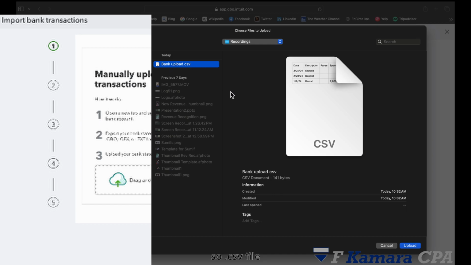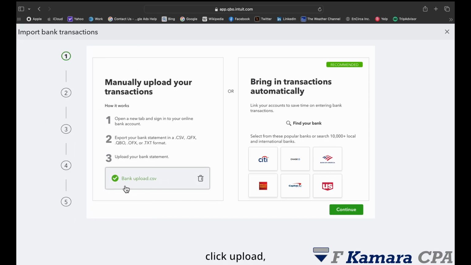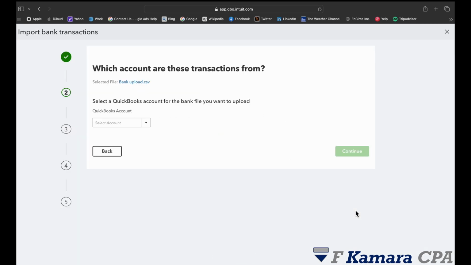A .csv file means it's in CSV format. So click upload. Once we click upload, you can see the green check mark. If you want to delete, you can delete this and re-upload something else. But in this case, we're good with this upload. We click continue. Now we are going to select the account. Which account are we using? Is it the checking, savings? Let's say you have multiple bank accounts, savings, maybe cash on hand, like petty cash. But in this case, we're going to use the checking account,